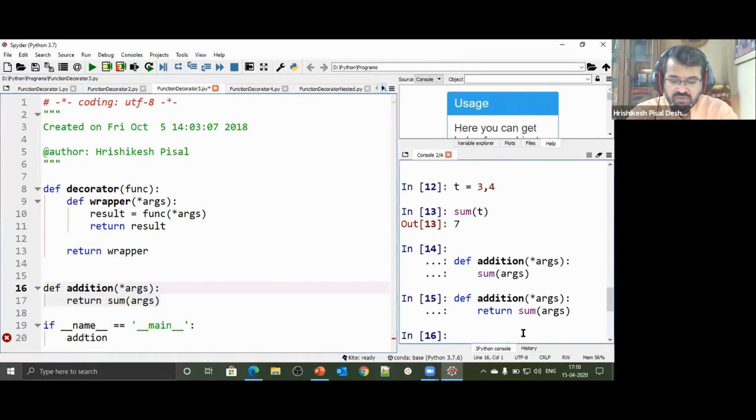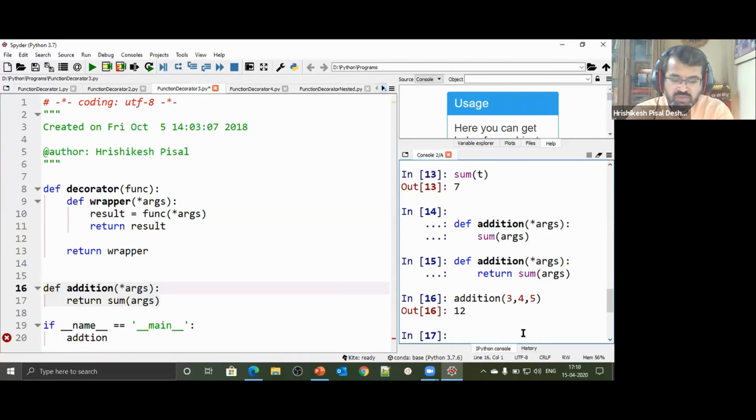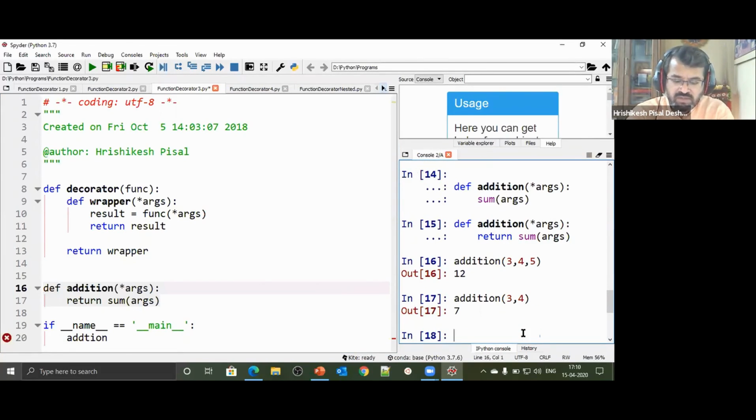Anytime I give a call to this function, addition, if I pass 3, 4, 5, it gives me the answer 12. If I pass only 3, 4, it gives me the answer 7. So that's a simple addition function that I have created. Any number of arguments that you pass, it will perform the operation of addition of those values.